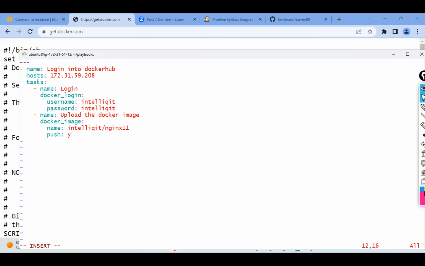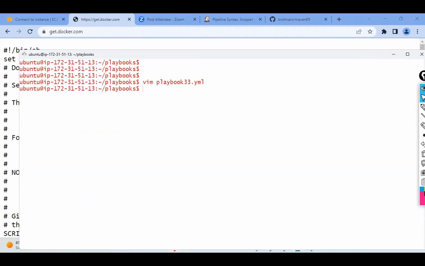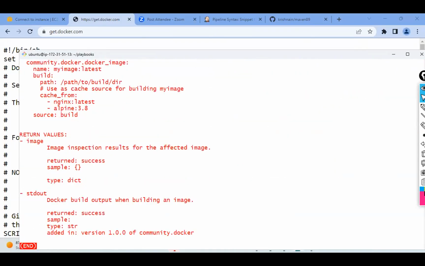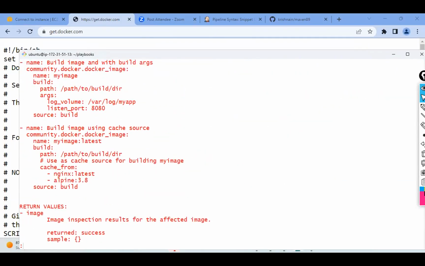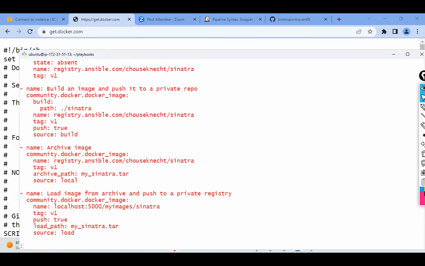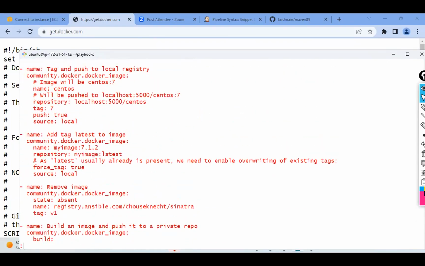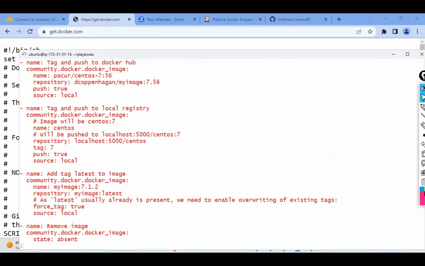Okay, I have doubts, so let me check it. ansible-doc, what is the module that I have doubts on? docker_image. So when I go to this documentation, what did we give?